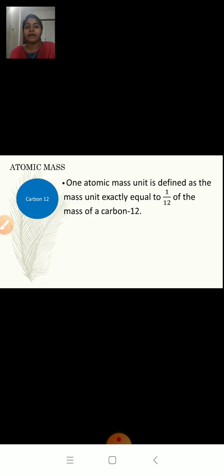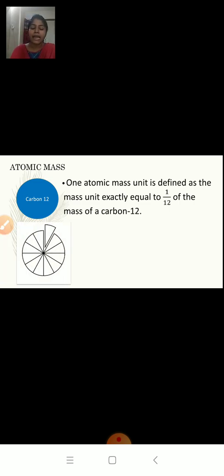So what is the meaning of 1 atomic mass unit? 1 atomic mass unit is defined as the mass unit exactly equal to 1/12th of the mass of carbon 12. Okay, now imagine,